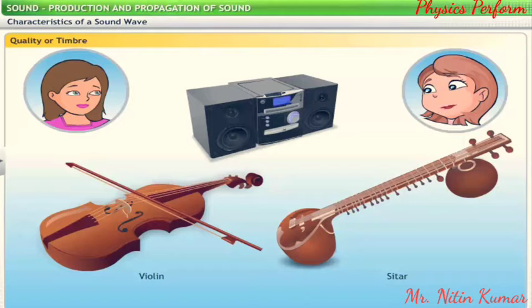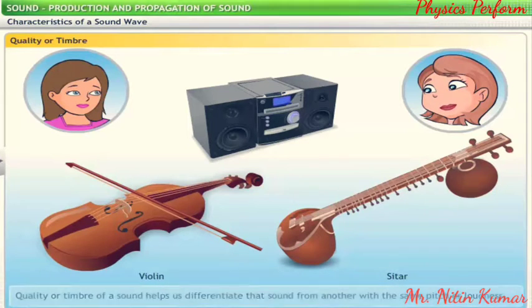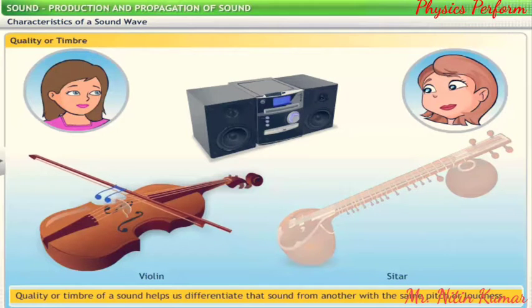Sound emitted by every instrument has a unique characteristic that distinguishes it from other sounds with the same pitch or loudness. This characteristic is the quality or the timbre of the sound. If you now listen to each of the instruments playing the same tune separately,